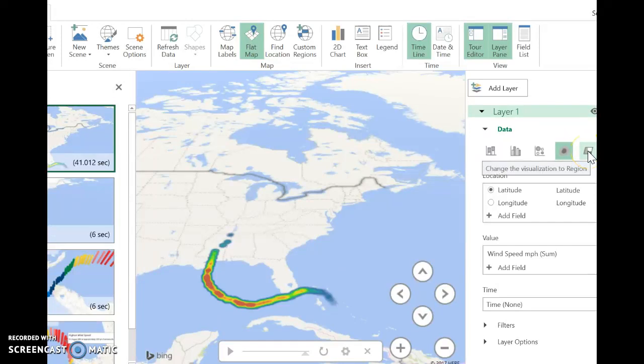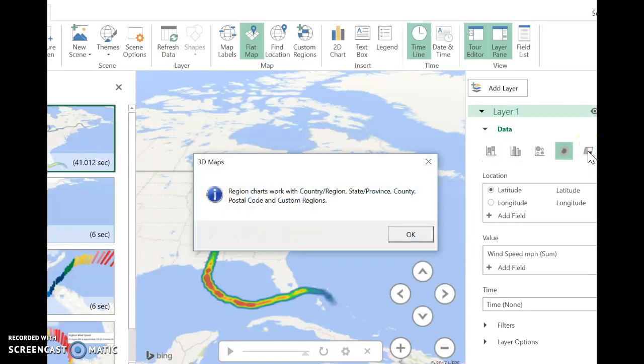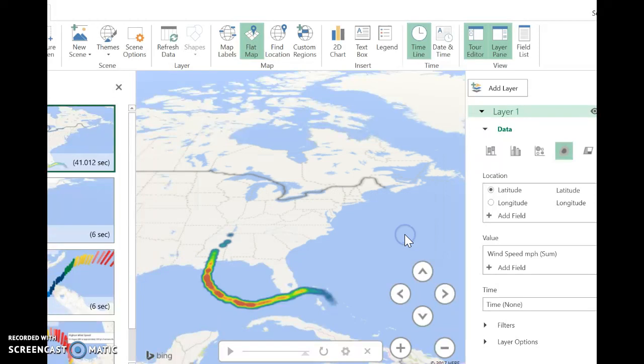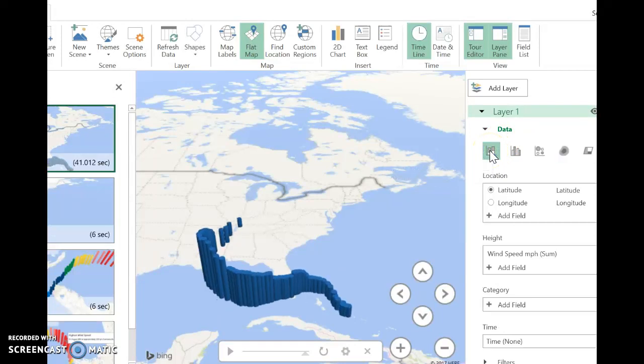Then finally, we have this one that is regional, and this one doesn't work on our data. It works if you have things like states or counties in your data, the names of states or counties, regions, the human demarcations that we as people have made on the world. All right, so actually the most interesting one is the stacked column, or